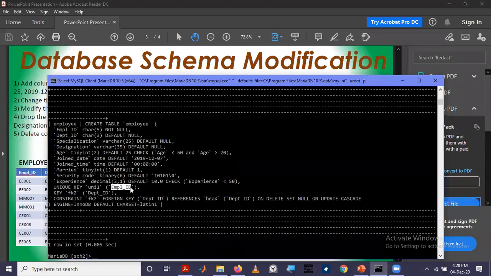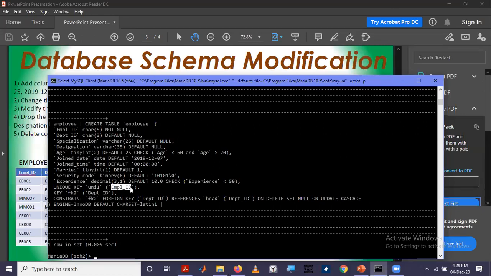So a key combined with a non-prime attribute, as in the lesson last week, will form a super key. A key is a subset of a super key. Using a key, you can combine with a non-prime attribute and form a super key.